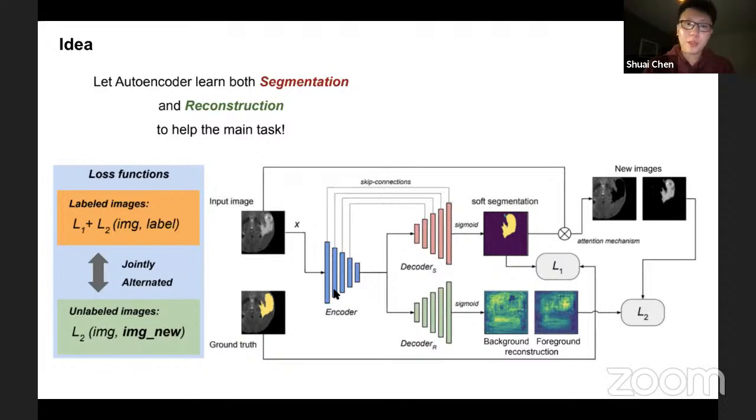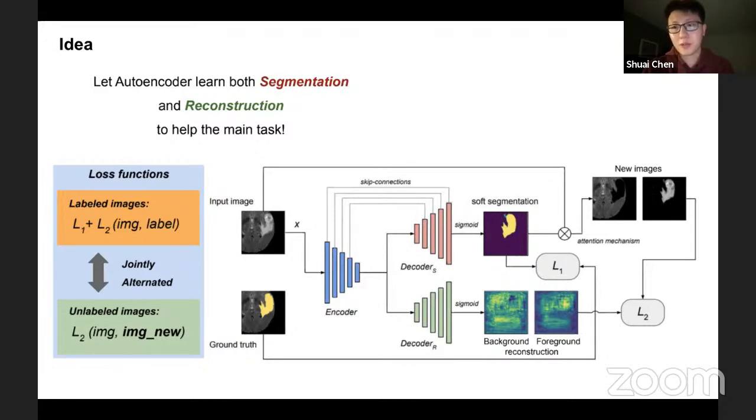So if we want to better fuse the two features, we hope that the features learned are not separated for each of the two tasks. We want the features to contain information for both tasks. So this is what we changed in this architecture: we use an attention mechanism. This is a simple one. We just use the element-wise product of the input features and the soft segmentations from the UNet to generate new images, which are the background and the foreground.